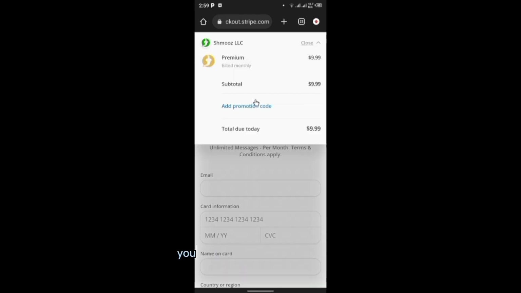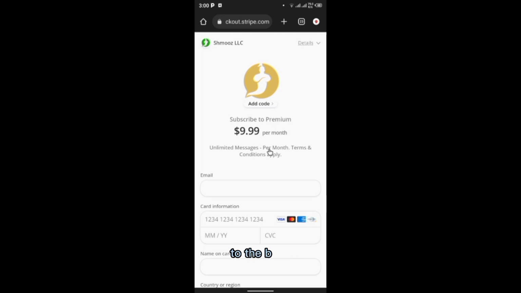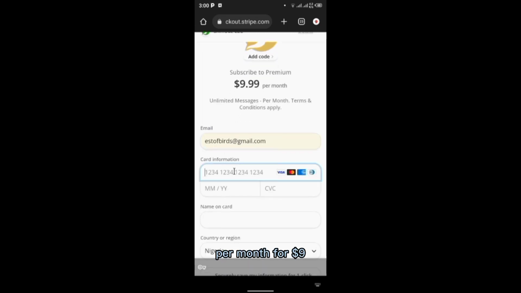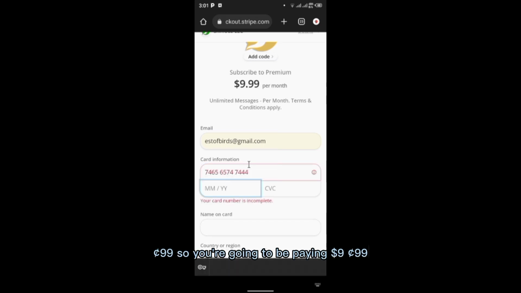If you click on that, you're going to be told to enter a promotional code, but let me skip that for now. When we head to the body of this page, you're going to see where it says unlimited messages per month for $9.99. So you're going to be paying $9.99 per month to be able to use ChatGPT on your WhatsApp